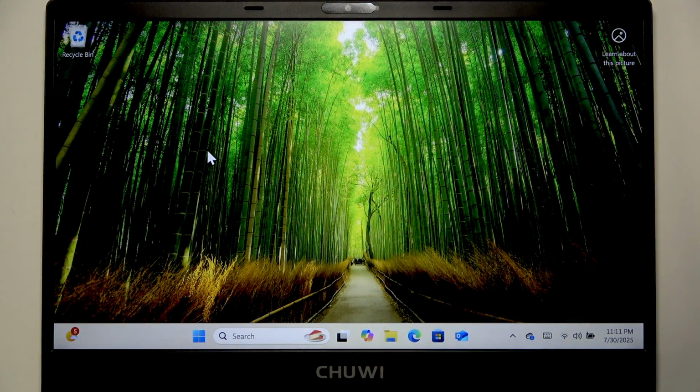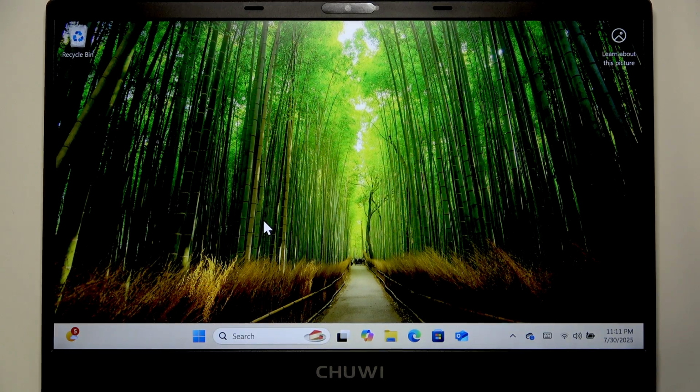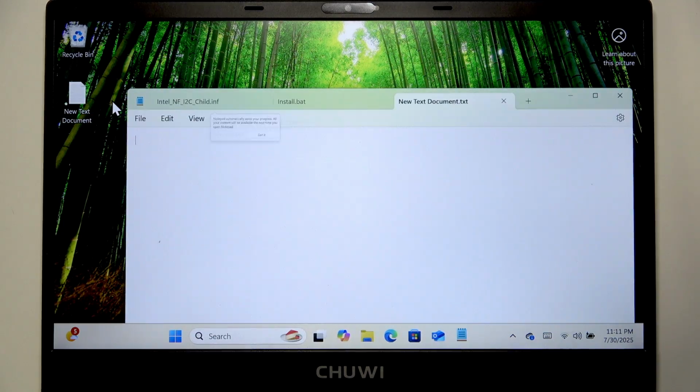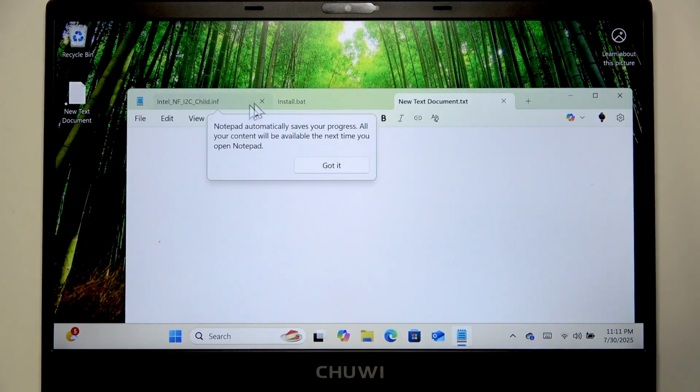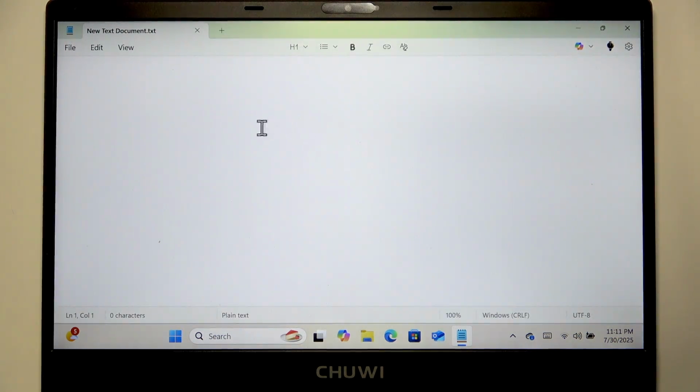So to copy and paste on your laptop, you have to use some specific shortcuts, which I'm gonna show you once I create this new text document, since it's the most convenient way for me to show you how they work. Let's input some sample text